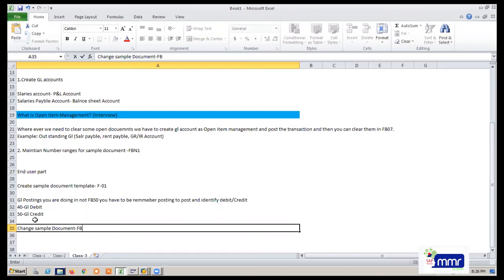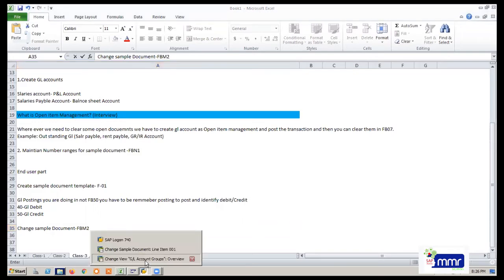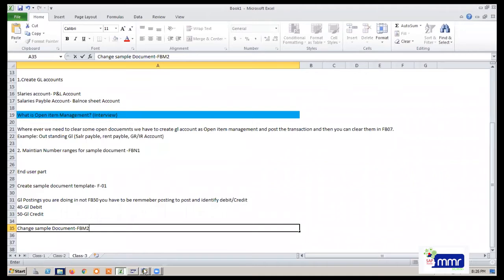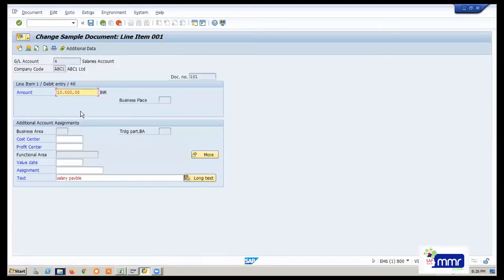FBM2, I think so. See, now you can change to 11,000.